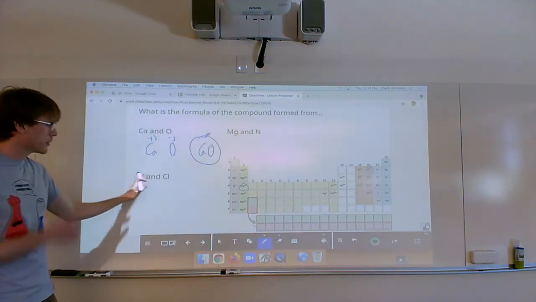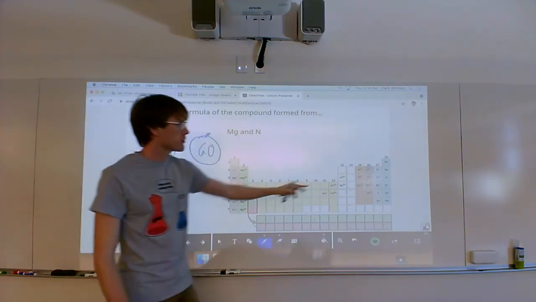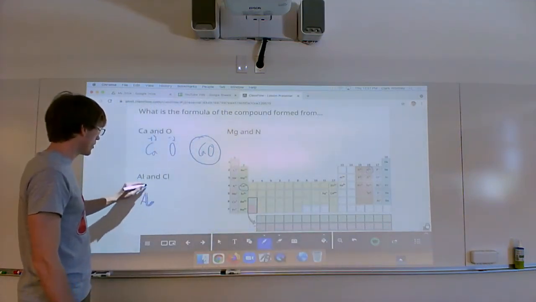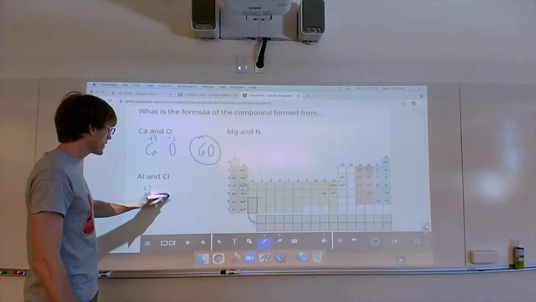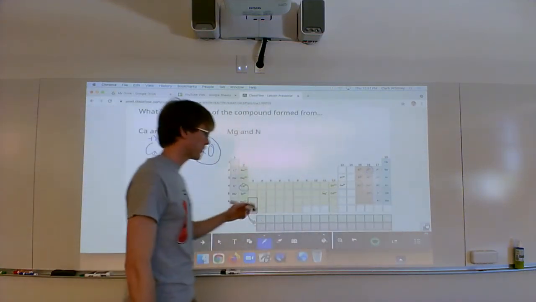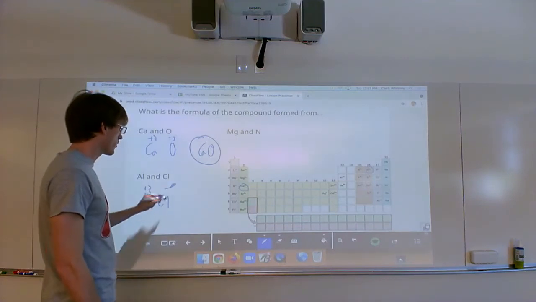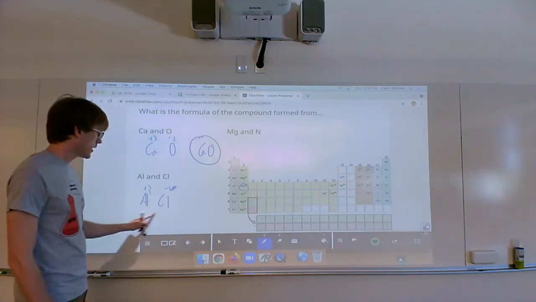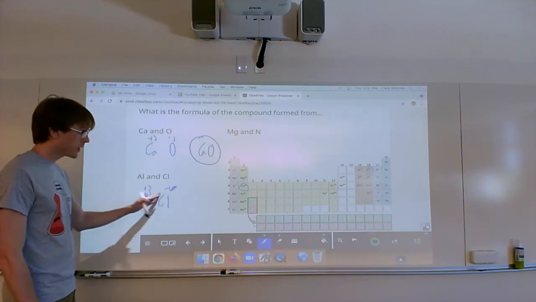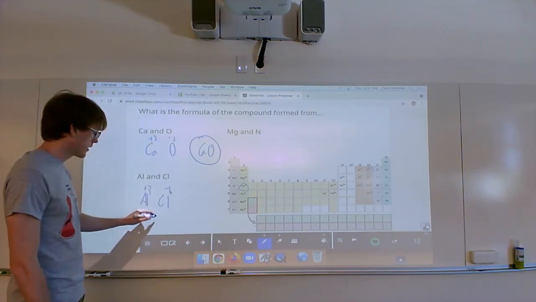Let's take a look at aluminum and chlorine. Aluminum is group 3. It forms a positive 3 ion, Al plus 3, and then Cl is a group 7 element, so it'll go negative 1. So that negative 1, let's see, how many negative 1s do I need with a positive 3? I need 3 negative 1s. So I say